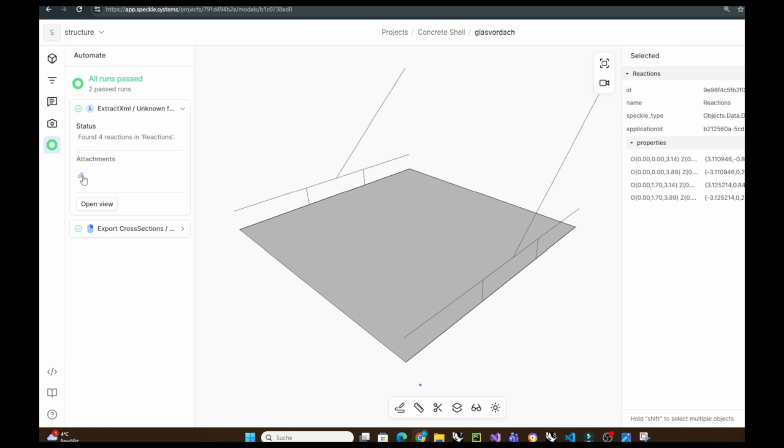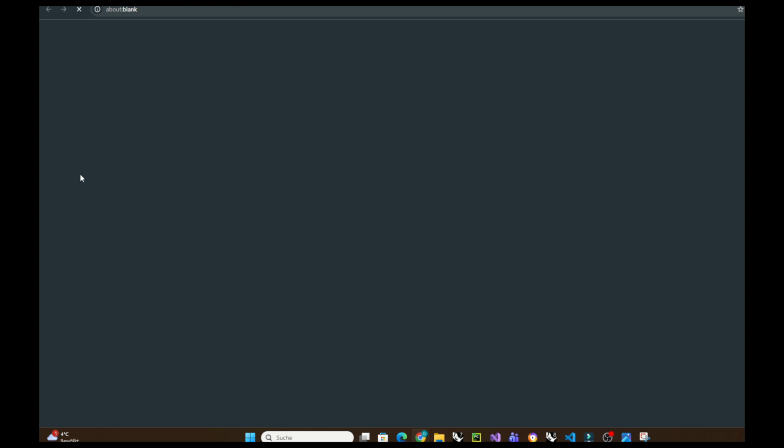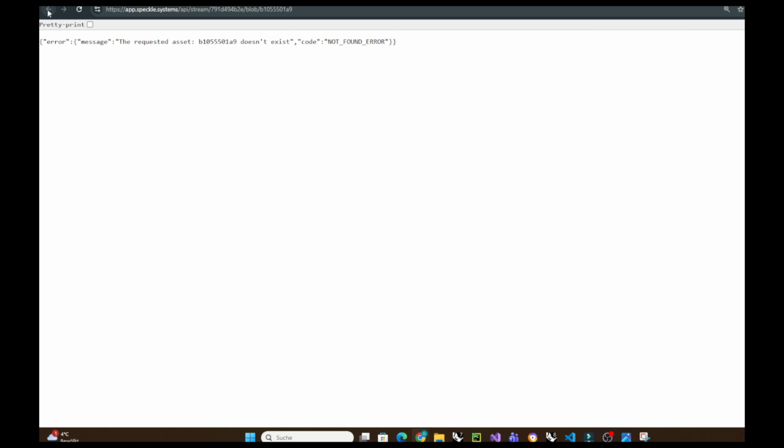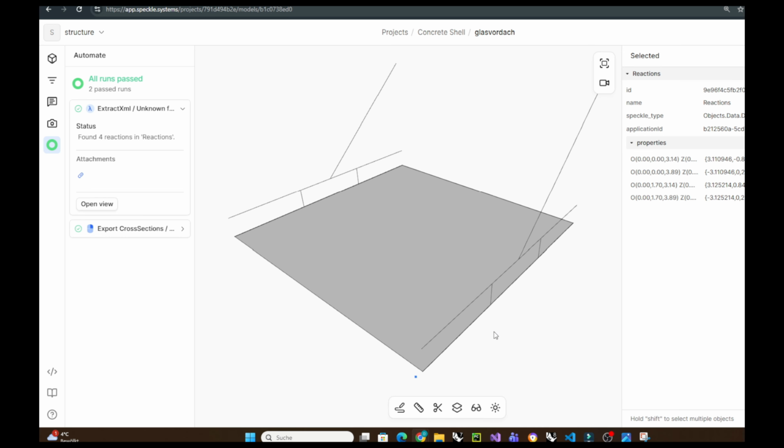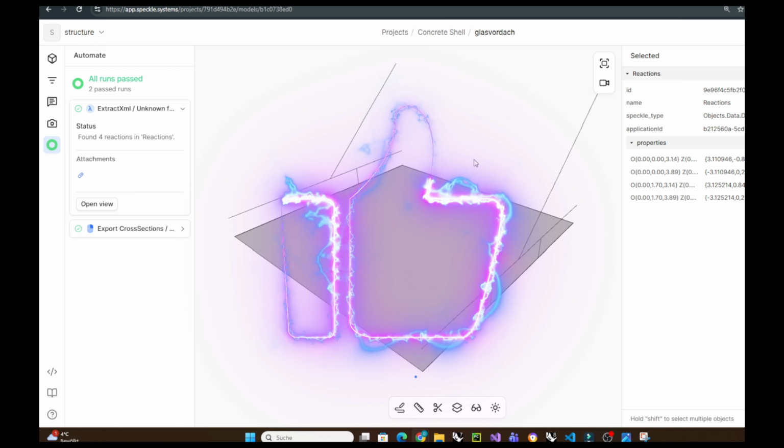and if I run the exact automate function in the real world, so not test, I will be able to download the file directly from Speckle, which is very useful. And yes, this is that I found these reactions inside the data structure, and I found this very useful. For sure it needs more expertise from me, but for now I found it